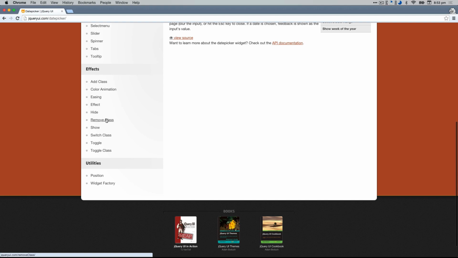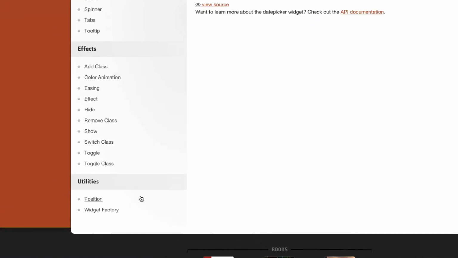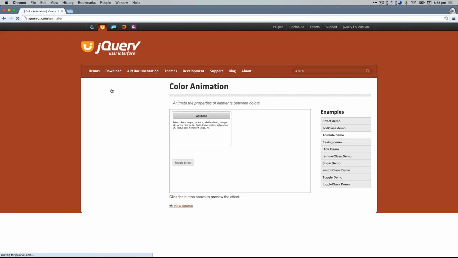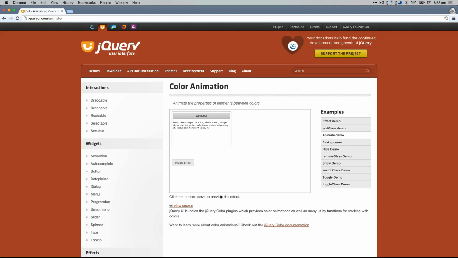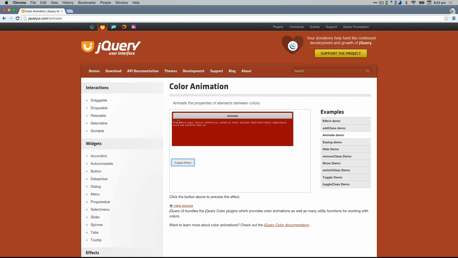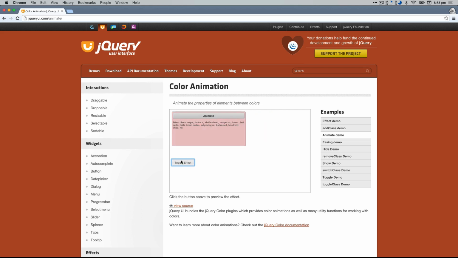And then you've got extensions to animation, so extra effects. So one thing you can't do with the core jQuery animation is to animate color, but with jQuery UI you can, so you can do something like this where it will animate from one color smoothly to another color, so in this case white to red, and the text going black to white, like so. Okay,